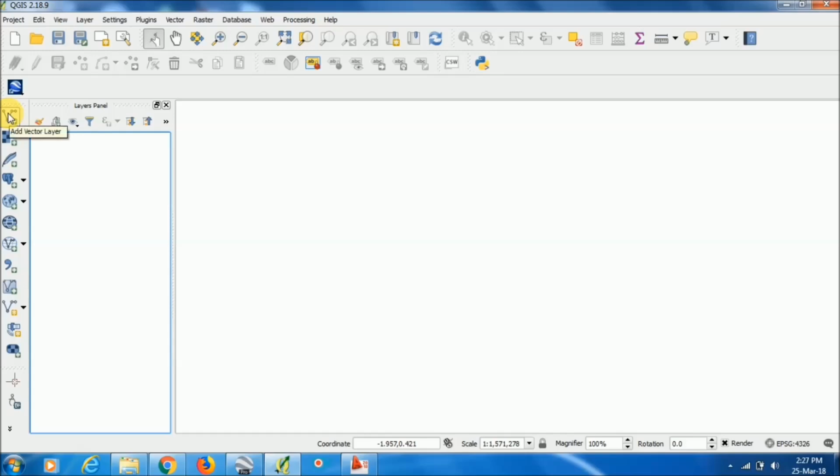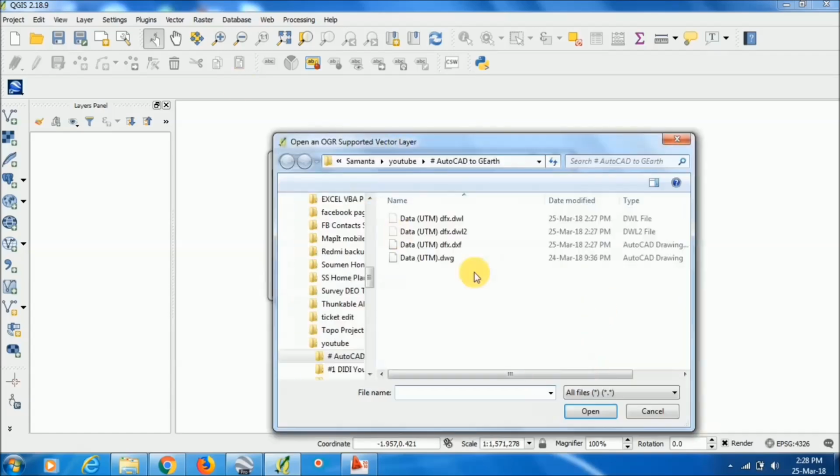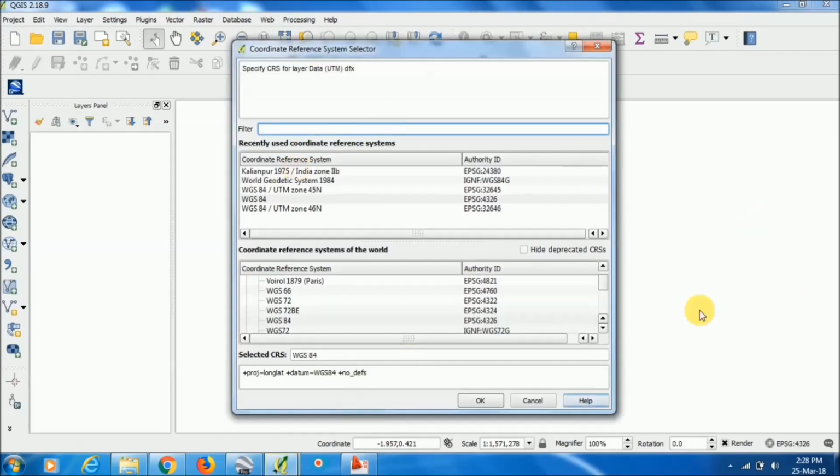So go to add vector layer, and then the source data set. The source type will be file, and the data set will be the DXF file which I have generated. So here is the DXF file, data UTM DXF. Open it. In this dialog box a coordinate reference system selector will appear.